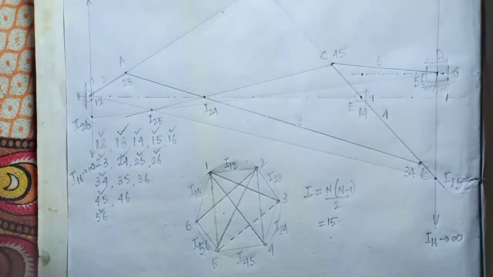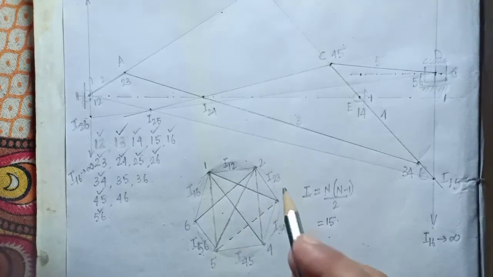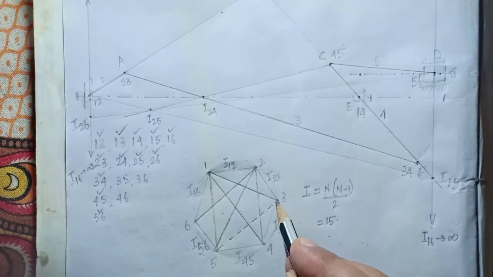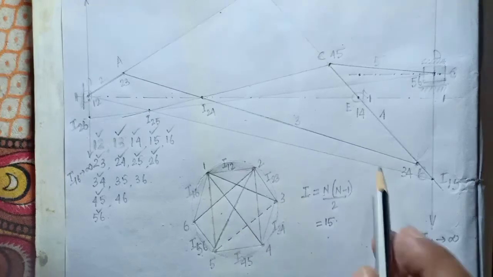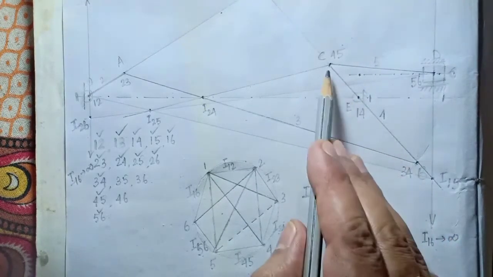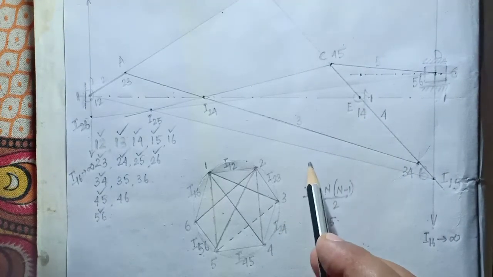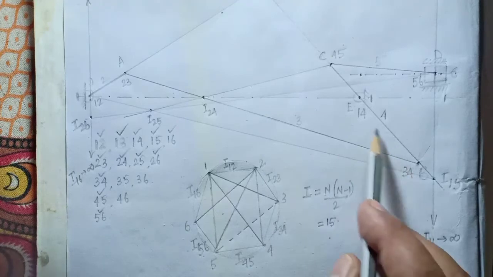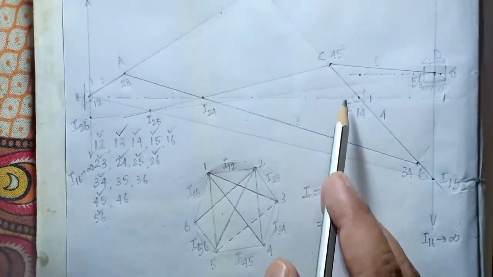3 to 5. So to move from 3 to 5, we have to choose again two consecutive paths. At the clockwise we are having only one path. So 3 to 4, 4 to 5. So where is 3 to 4? It is the 3, 4 point, and 4, 5 is this. So these two points have been joined already. Okay, so now let's see whether it is to be extended in the upward direction or the downward direction.